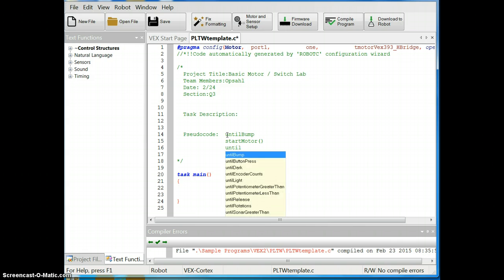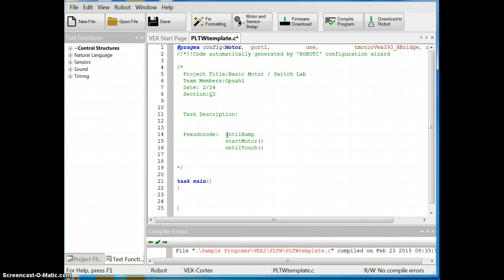until touch, in which case it's going to have the motor start, but in a negative direction. Up here my motor ran in a positive direction,